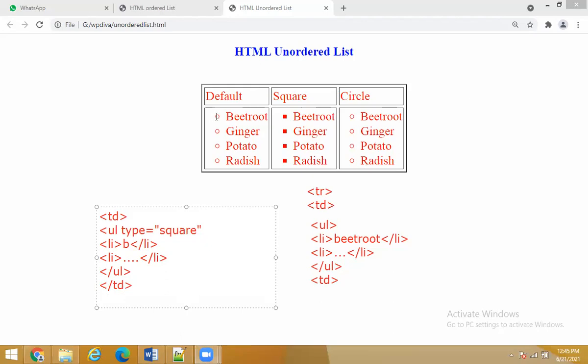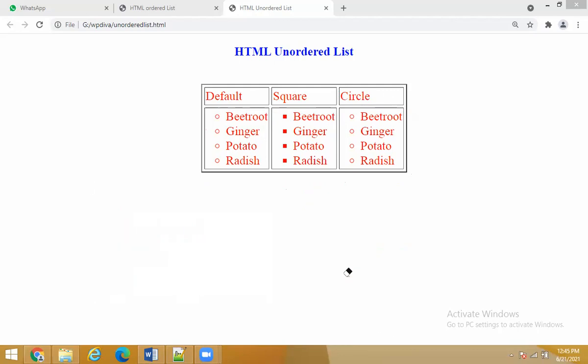Because we are done with these sections, right? We are done with these 2 areas. We are done with 2 TDs. One more TD you have to write, okay? So the same part of code you have to write for the third TD, right? And then after completion of that, what you have to do? You have to close the row. Is it clear? Okay. So I will go back to code now.